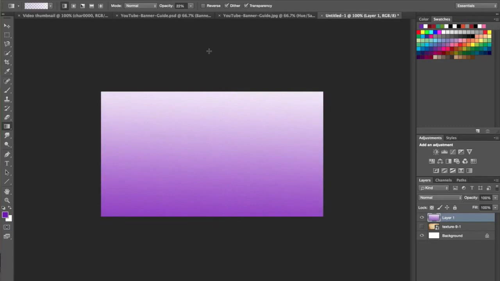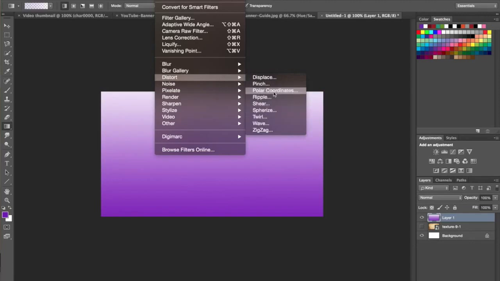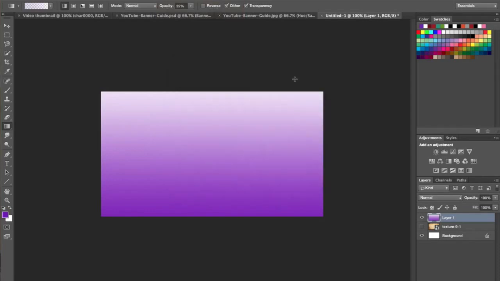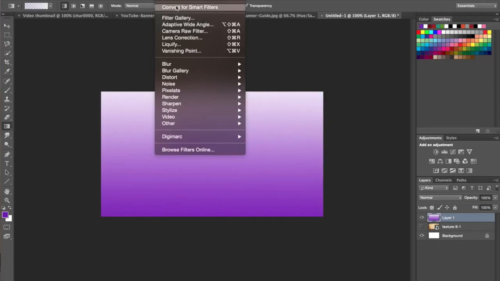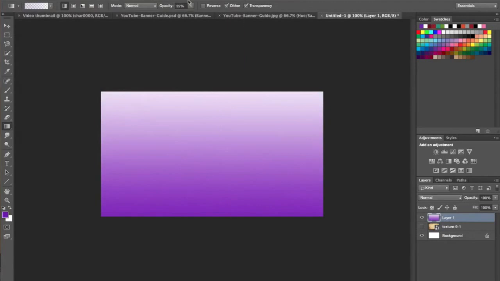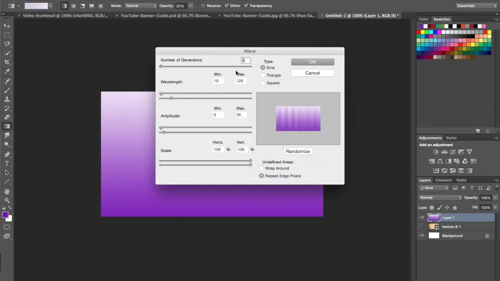Okay, so you're going to want to do that a few times if what happened to me happens to you. And once you have that, you're going to want to go to Filter, Distort, and then Wave. You're going to want to change this to 64,